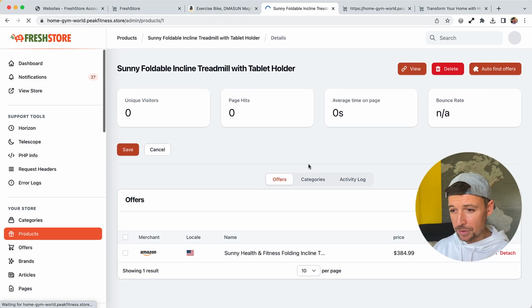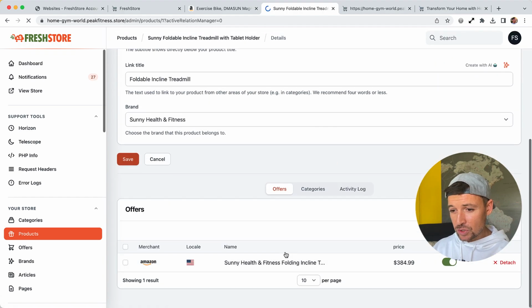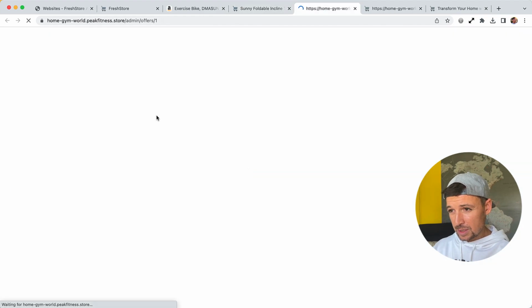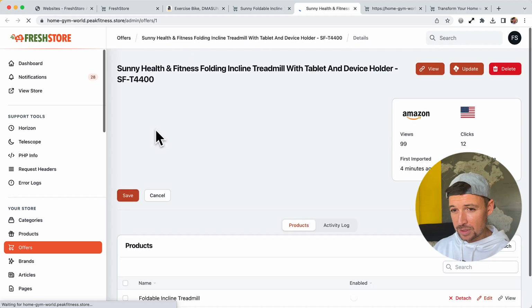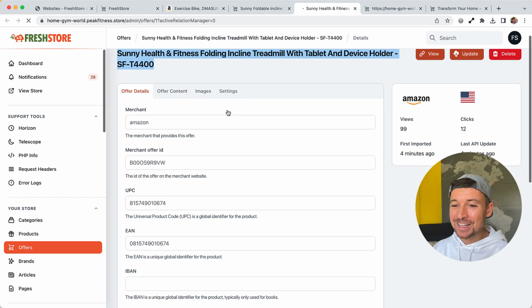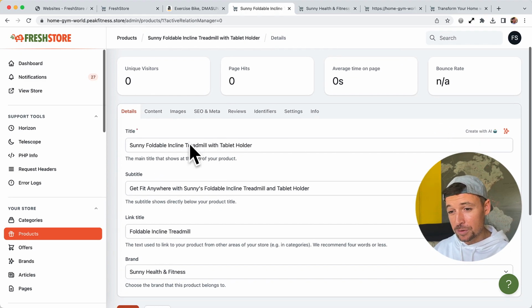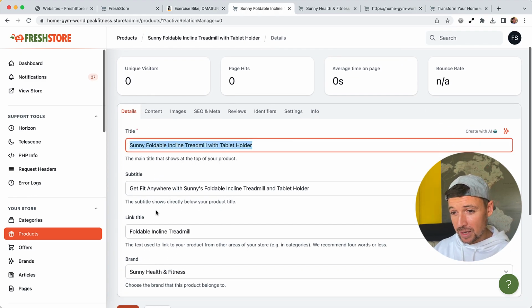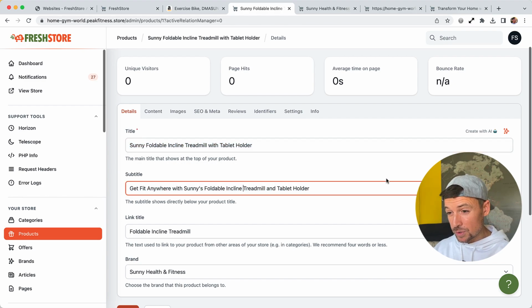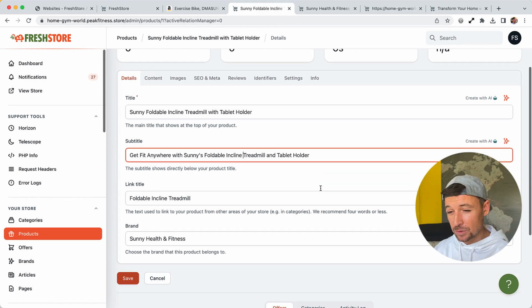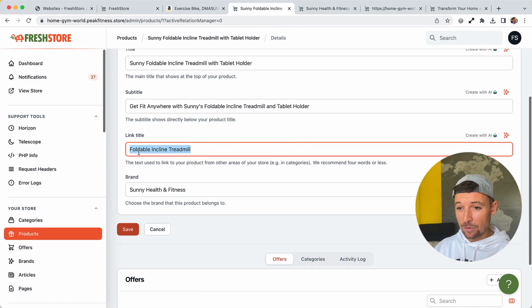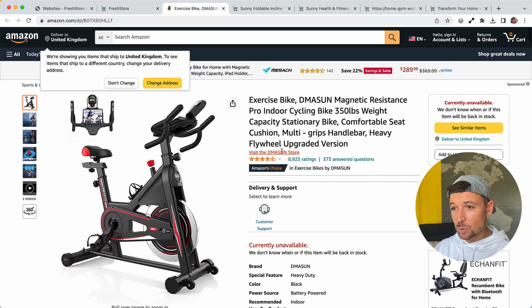Because I want to show you the difference of the product titles. So this is the original offer. If I click on this, this is the raw data from Amazon. This is the stupid long title with unnecessary stuff. This one is not so bad actually, but it still could be improved upon. So that's the original content, and the AI has rewritten this for us to be a nice compact title. It's chosen a subtitle that describes those extra features, but in a subtitle instead of a main title. And it's come up with a nice short title as well, foldable incline treadmill, nice and simple. And that's what shows,